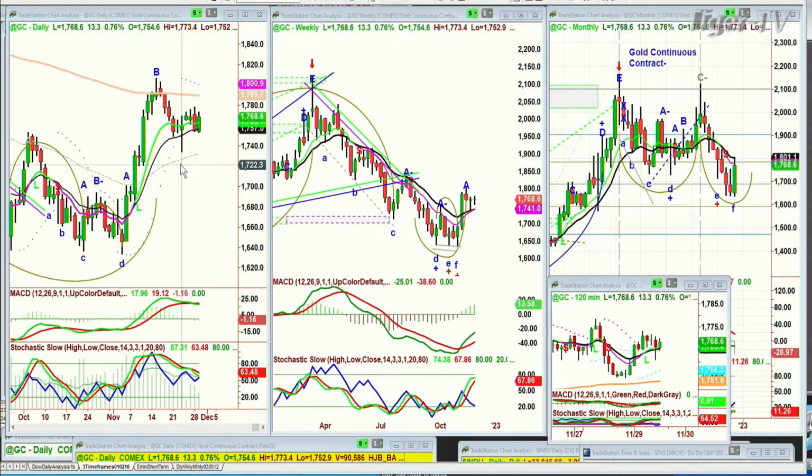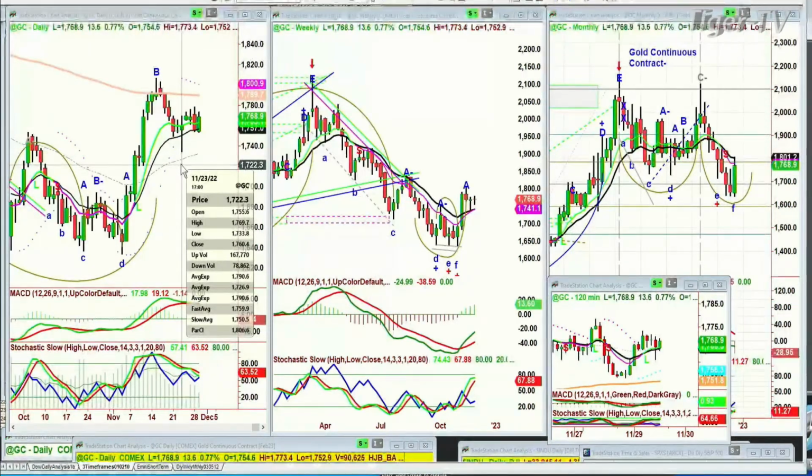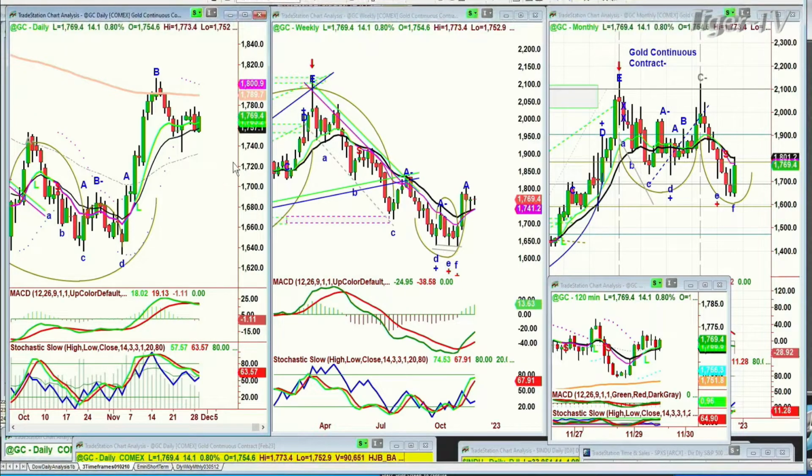And that key support will be the low of the 23rd of November, the continuous contract of 1733.4. The close below that says, uh-oh, it's giving back a lot more than it should. But if you look at the weekly chart, it is so close. If there is a rally to the 200-period moving average, the daily 1789 level, there's a really good chance that the weekly chart, it has to close there on Friday, but the weekly chart could have, for the very first